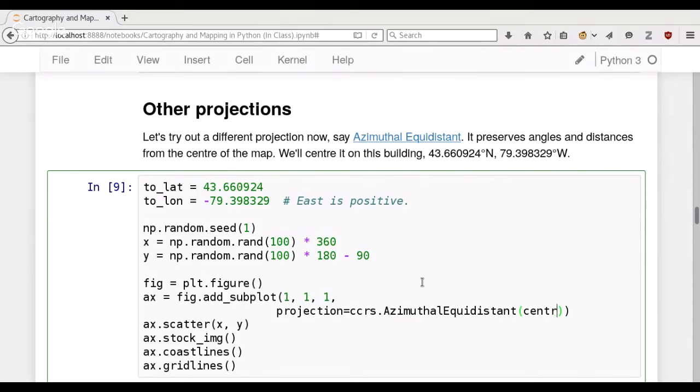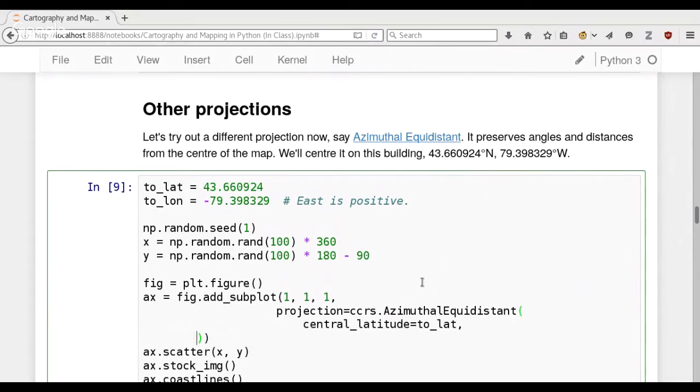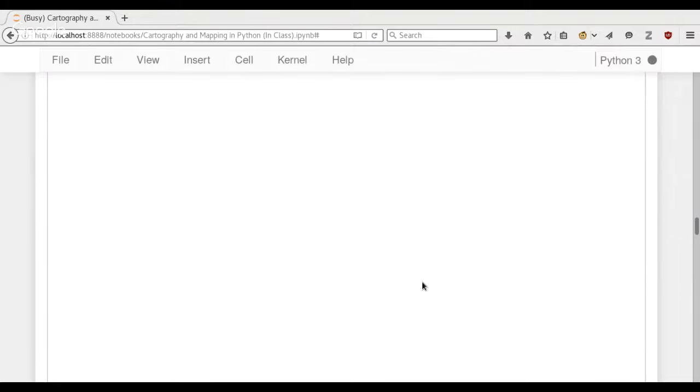So I'm going to pass central latitude here. I'll put it next to mine. Central latitude equals geolat. And central longitude. I run that, and after a second or two, broadcasting is very slow apparently,